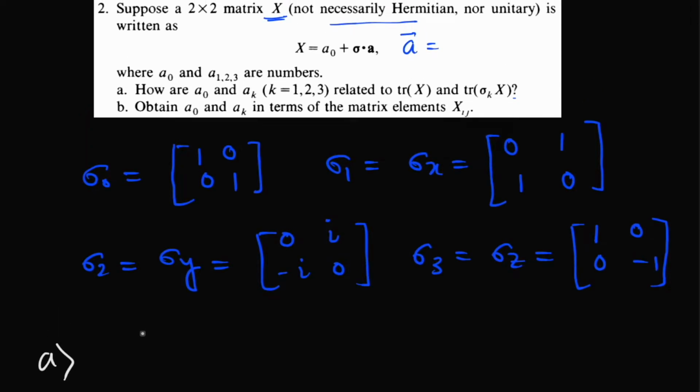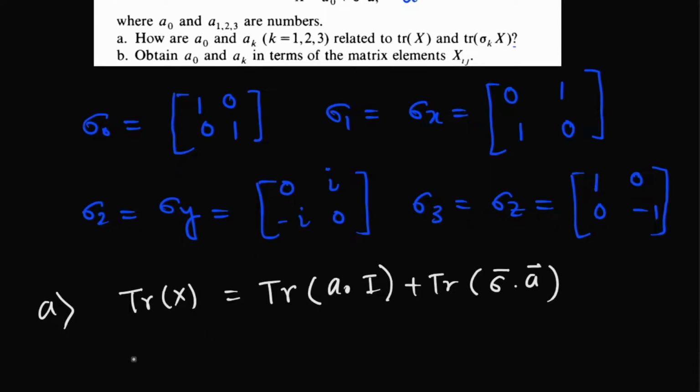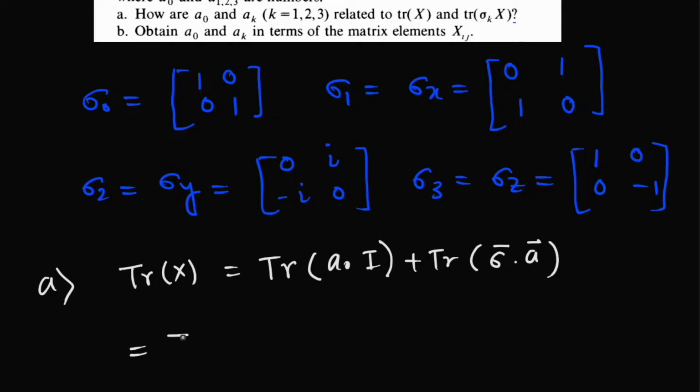First calculate the trace of X. Trace of X is equal to trace of a0 times identity plus trace of sigma dot a. That means a0 times trace of 1 0, 0 1,